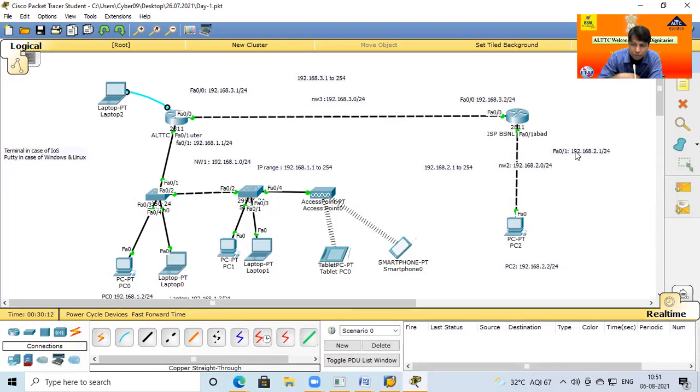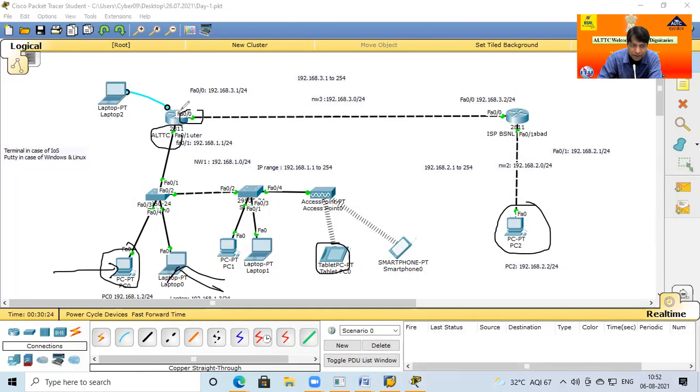If I want to communicate from one PC to another laptop or computer, this PC also requires an IP address. This port's IP address is already given, no problem, but without an IP address this port cannot communicate. So how to allot the IP for this port?